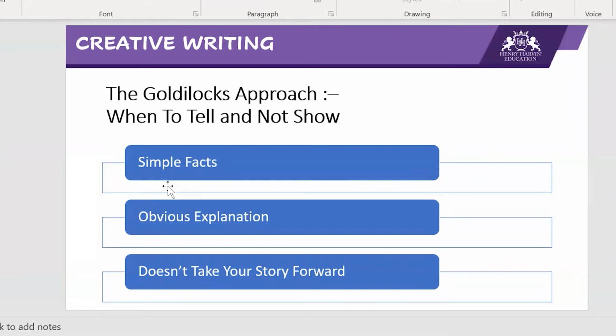So all of that is important. Obvious explanations, like she was sitting there, she was reading a book, are not something that you would always explain. Somebody reading a book is not something that you need to explain in description, right?